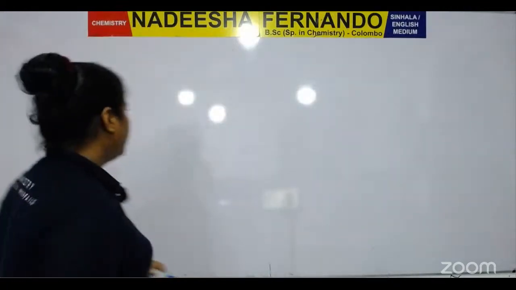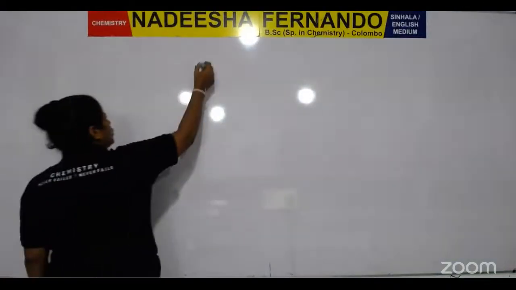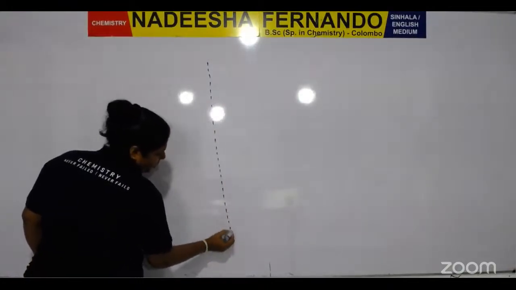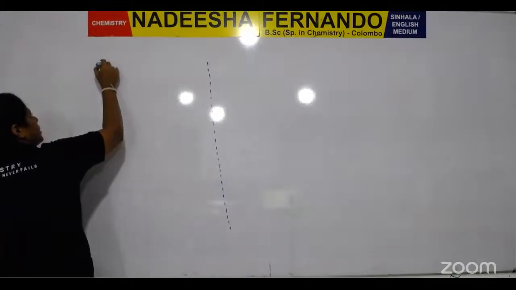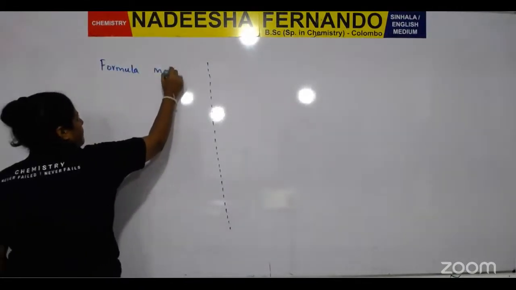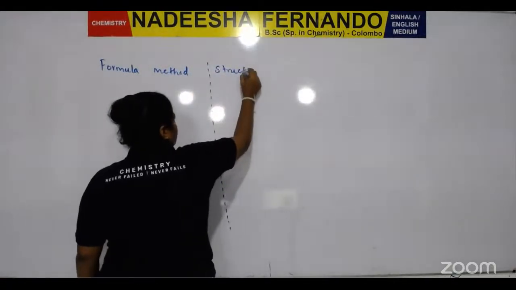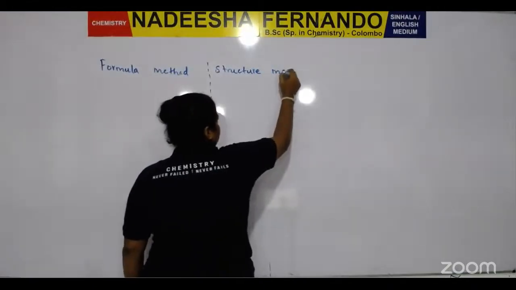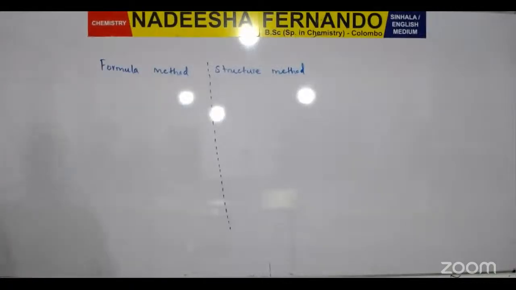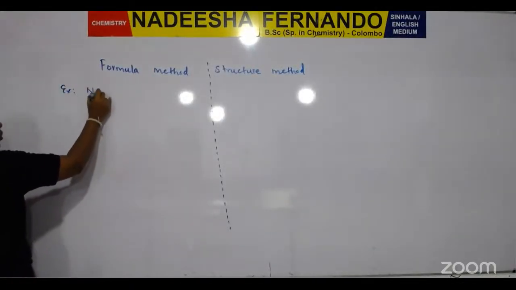Okay. Right. Look at the board. We have two methods, right? I separate them as formula method and structure method. Formula method and structure method. Formula method, example, sodium